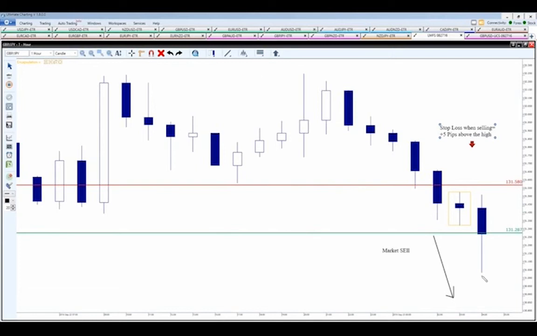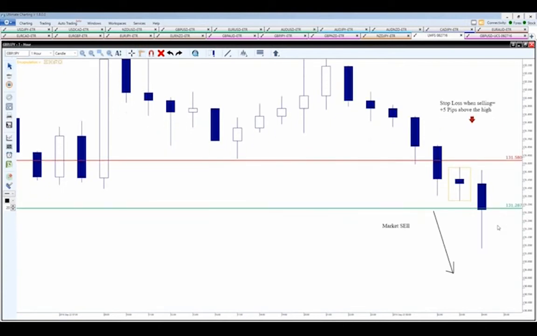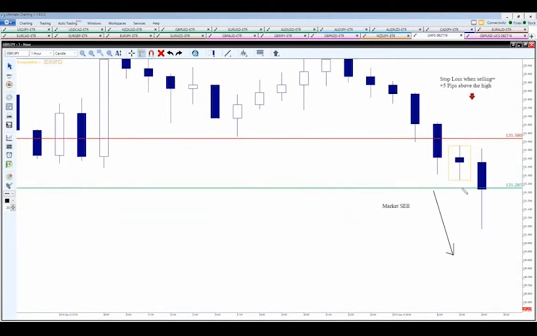And once again, we're going after our targets, a minimum of 50 pips, but let's see what our risk is on this trade. On this trade, our risk is 28, so we're going to go after that minimum of 50 here. So let's bring this down to right above. Let me move this down a little bit. It's going to be right about there. So it's going to be 130.78.